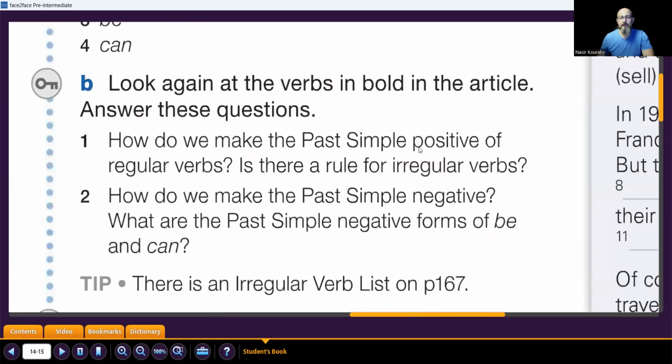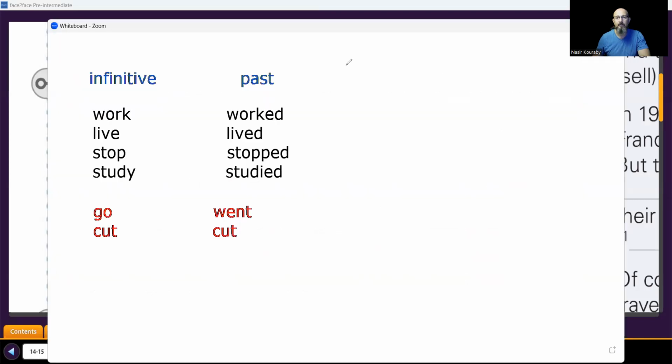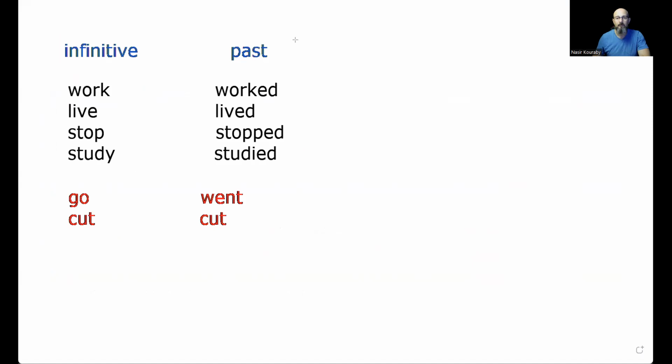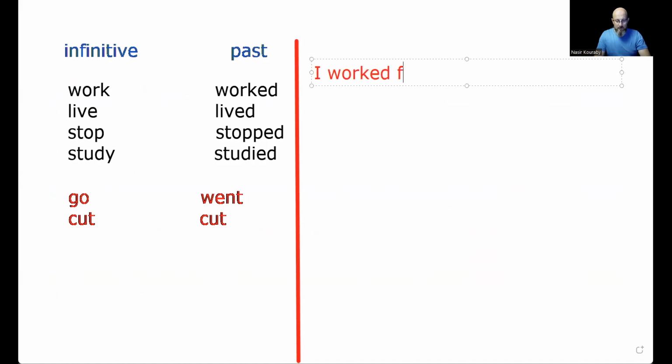Okay, now we'll go to the lesson again, the exercise. So how do we make the past simple positive of regular verbs? We explain the grammar. Is there a rule for irregular verbs? No, you memorize them. How do we make the past simple negative? What are the past simple negative forms of be and can? Okay, how can we make negative? Let's go to the whiteboard and make a line here. Let's explain. For example, if I say I worked for a